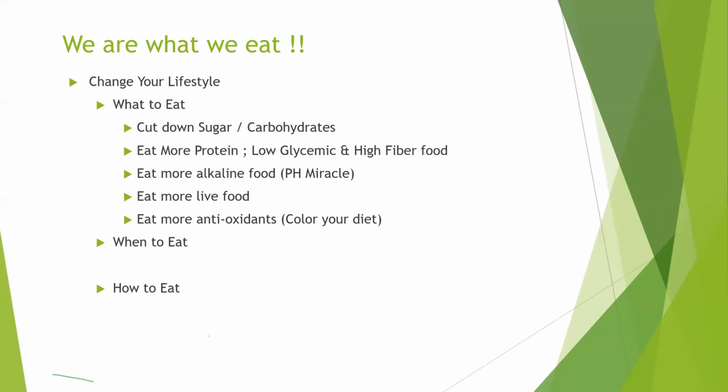Now, another important thing is to color your diet. Make sure that you include more and more colors: the red of the tomato, the purple of the different colored cabbage that we get. It's very important because they are rich in antioxidants. Sadhguru also mentions that if you can make 50 to 60% of your diet full of fruits and vegetables, that's a very important guideline. So it is very important that we take care of this.